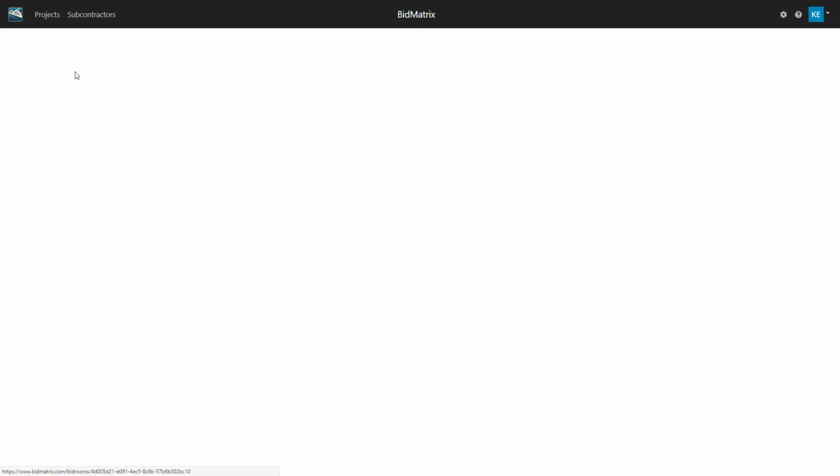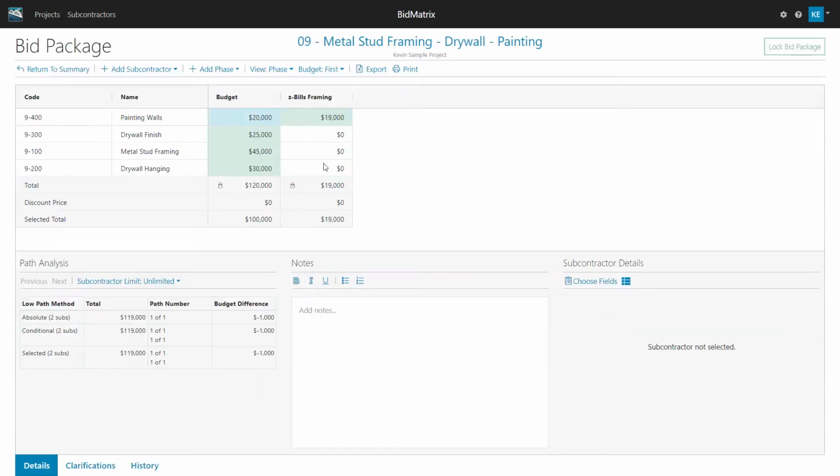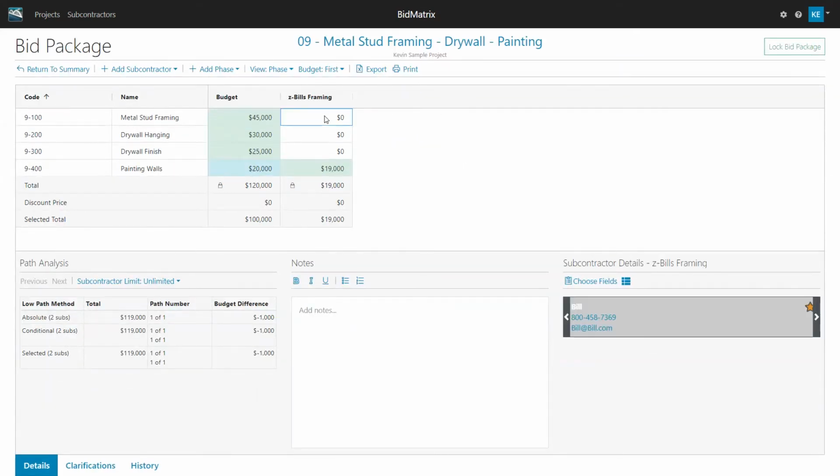There again, if I go back to my summary and take a look, I'll see that it's got my budget in for most of these, but apparently I put it under painting walls. So let's go back and fix that, because I want that under framing. I must have gotten my sort mixed up. So I'm going to say that the framing is, I don't know, let's say 44,000. And let's remove painting out of the list there, since Bill maybe doesn't do that. Same type of thing, just a little different order.